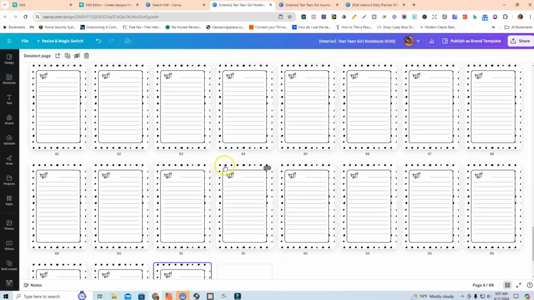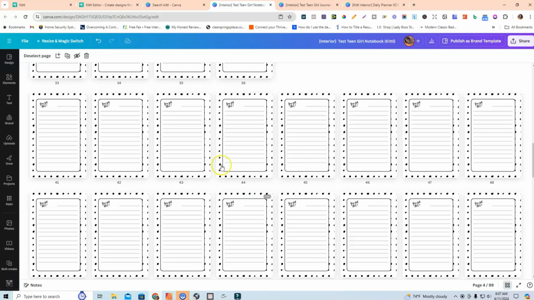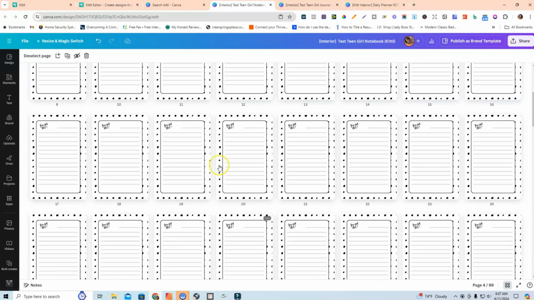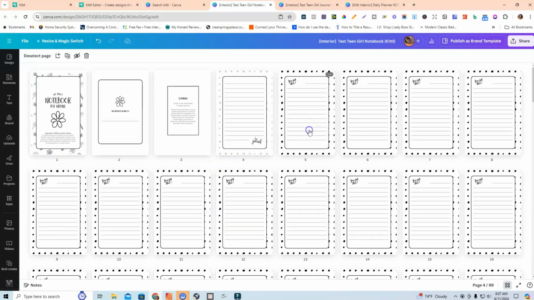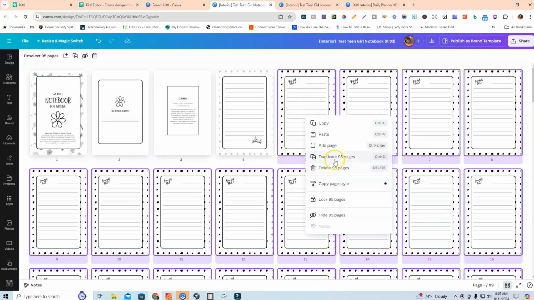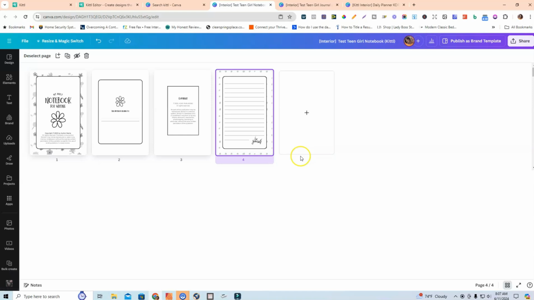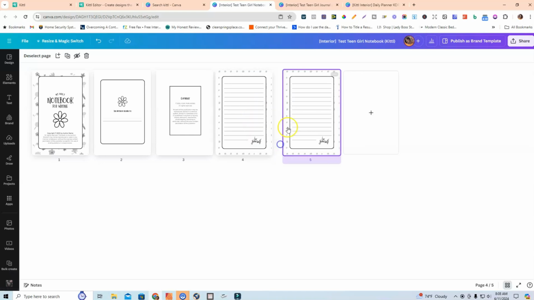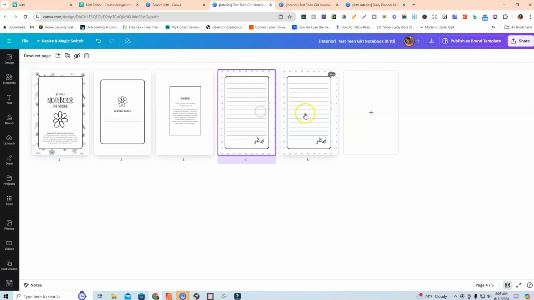I don't know why this has not been working for me lately. I don't know if there's something wrong with my keyboard or what. There we go. So I just hit Control Shift and click this second image, and then I'm going to right click and delete, because I only want to keep this for the notebook. And so now I'm going to right click and duplicate this page,